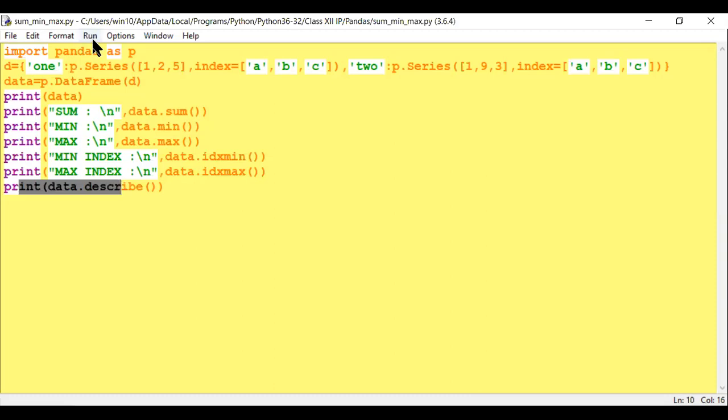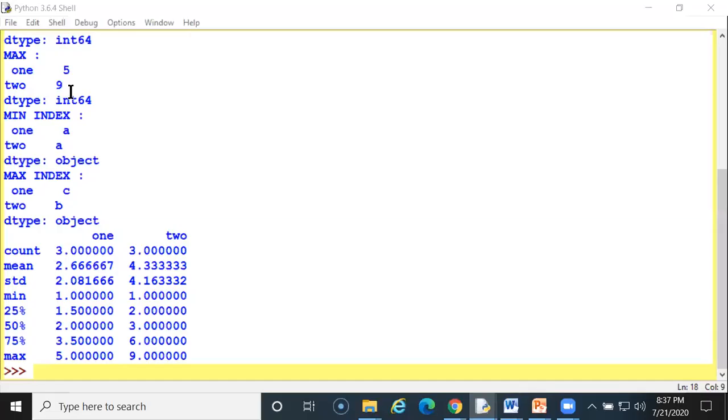So when you run your program, you can see here the maximum value and minimum value. In one row, 5 is the maximum value. In the second row, 9 is the maximum value.